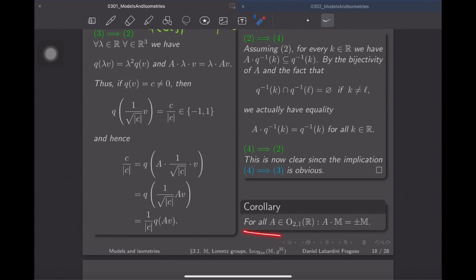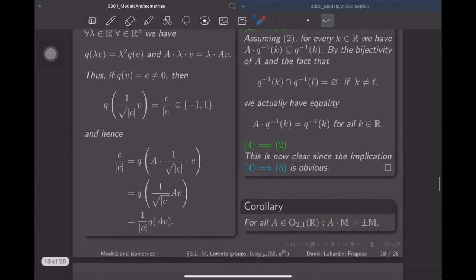and so one corollary is that for every element A in the Lorentz group, multiplication by A, this is just multiplication of matrices, I mean, the image of M under multiplication of its points seen as vectors with the matrix A, and the corollary is that each element of the Lorentz group either preserves the hyperboloid bijectively, or it sends it to the sheet downwards, underneath. So this is not quite the group we are looking for, because not all of its elements preserve it. That's the point, and